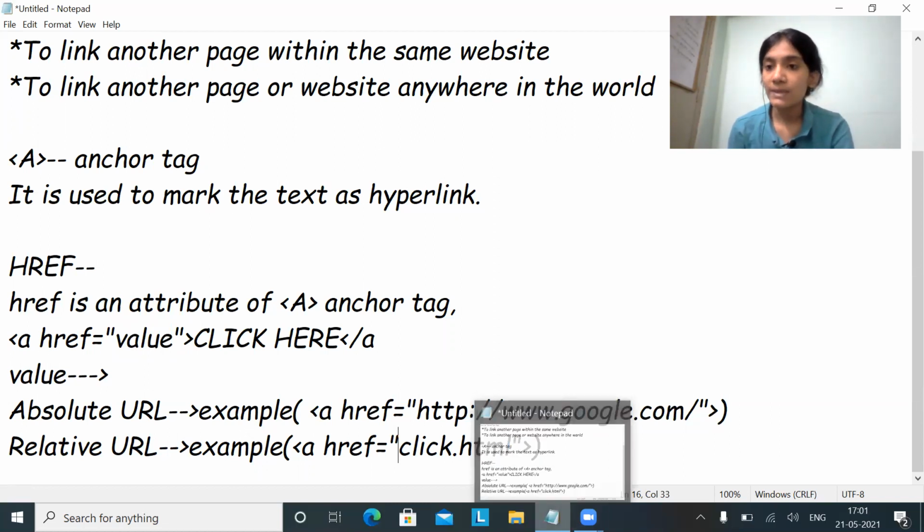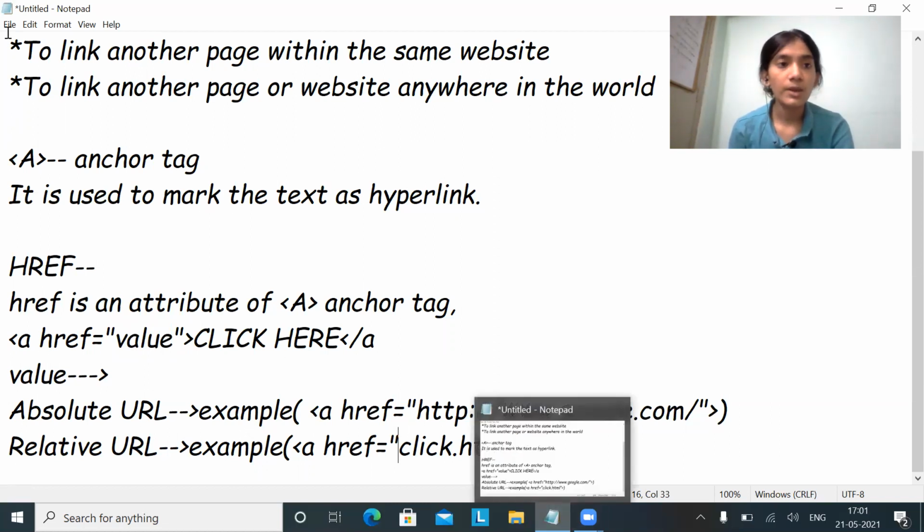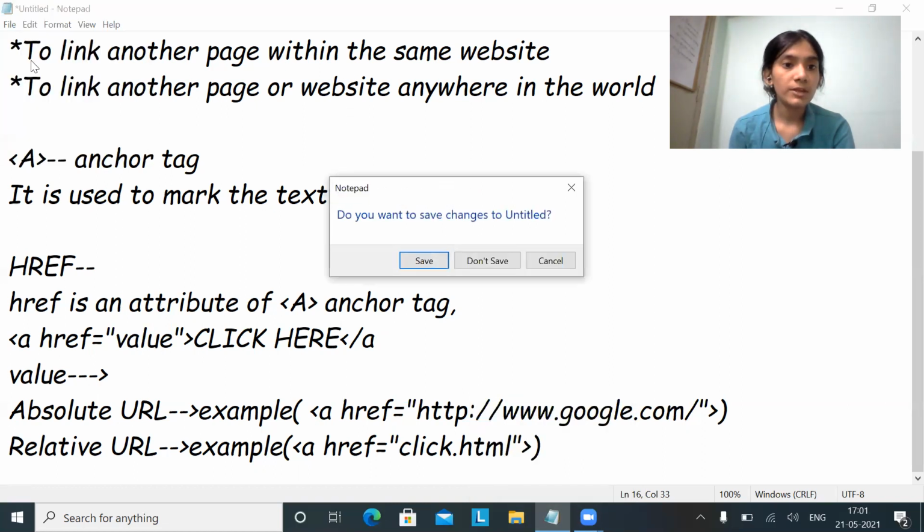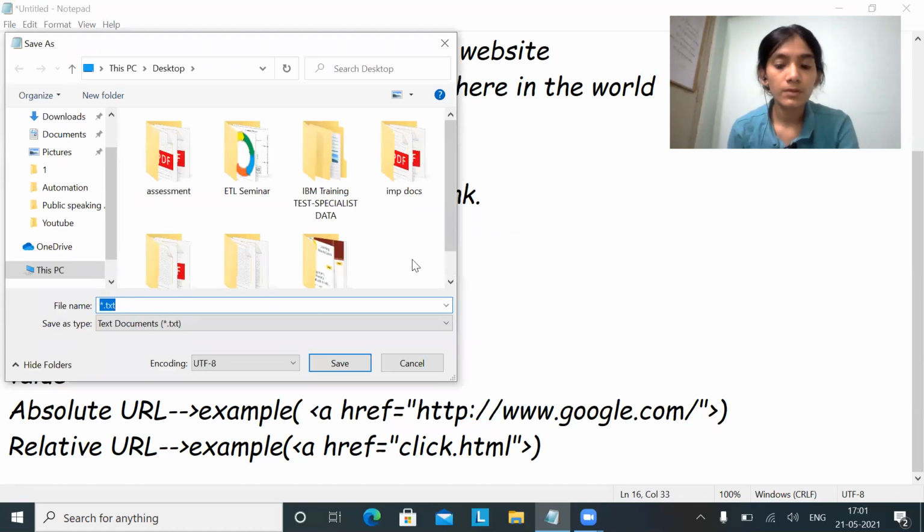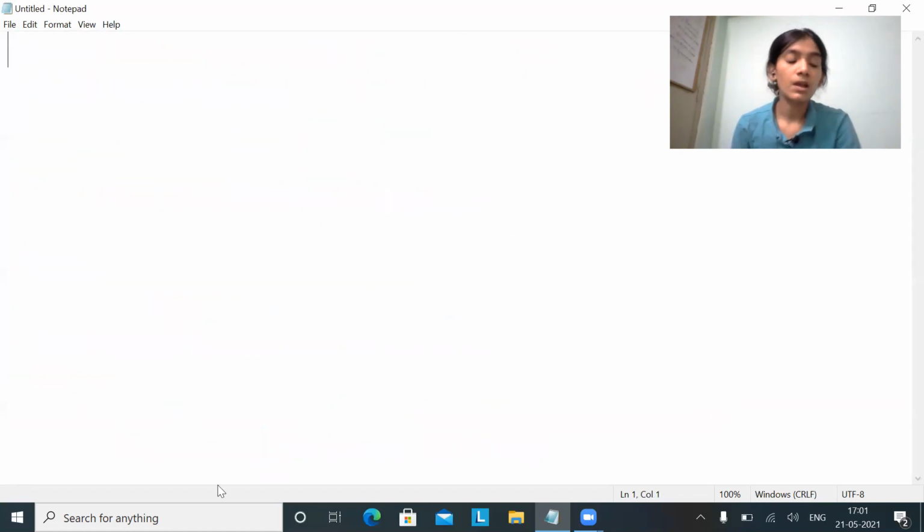First I'll go with the absolute URL. Open a new page. I will be starting with the absolute URL concept.